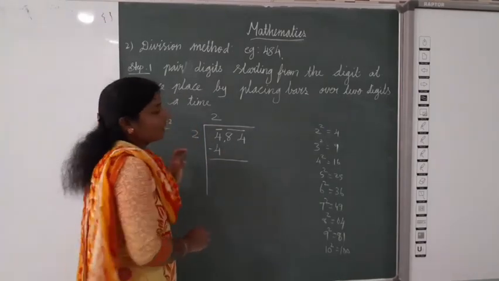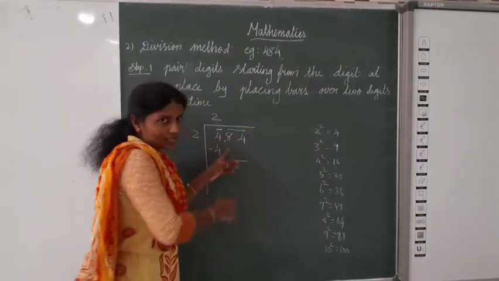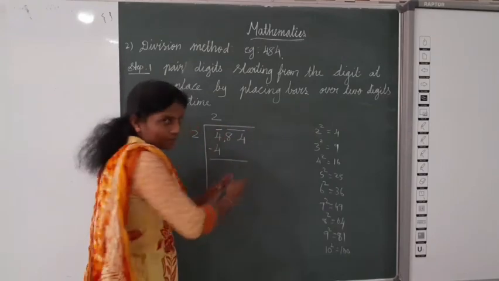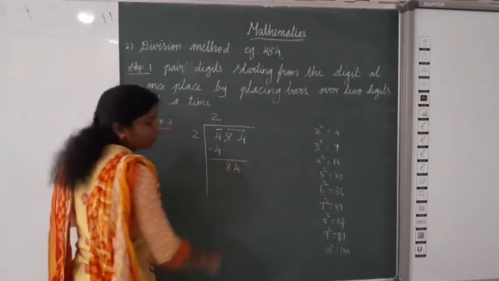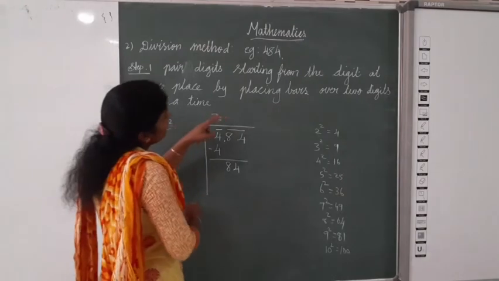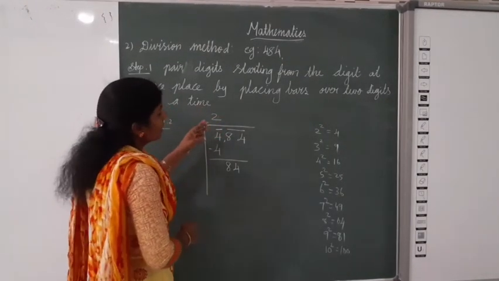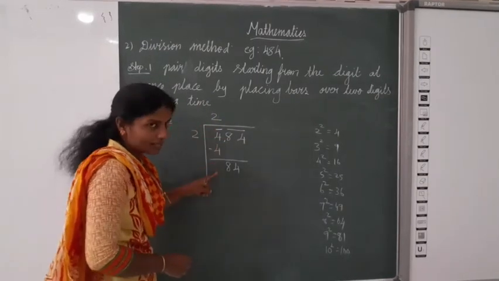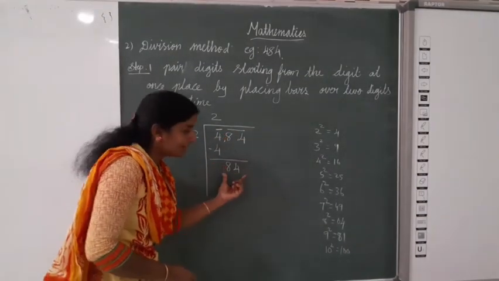Now in ordinary division, we bring down the numbers one by one. But here with pairs, we bring down the next pair, these two numbers together. So 84. Now next step. Here this quotient is 2. First we take the square number, 2 2s are 4. Then we multiply and subtract, it is 0. Then we bring down the next pair.